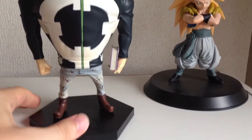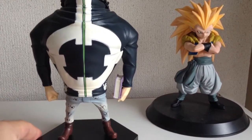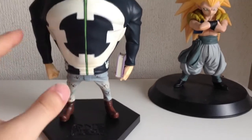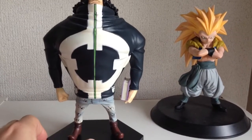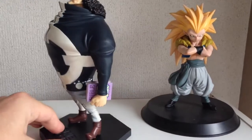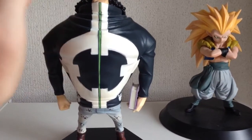Now, one thing that really strikes me with this figure is that it actually comes in one piece. Usually Banpresto figures, you have to assemble them in 2 or 3 pieces. He comes with the base, and then he attaches with a couple of pins in his feet. But the figure itself is actually just one piece, which is very rare for Banpresto. And I think the reason they did that is just because of weight distribution. This actually feels solid. I don't know if it is, but it's very,